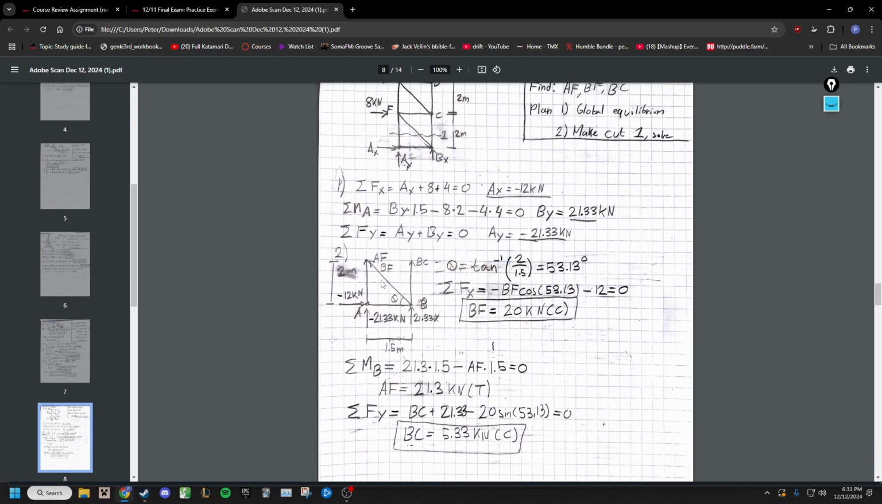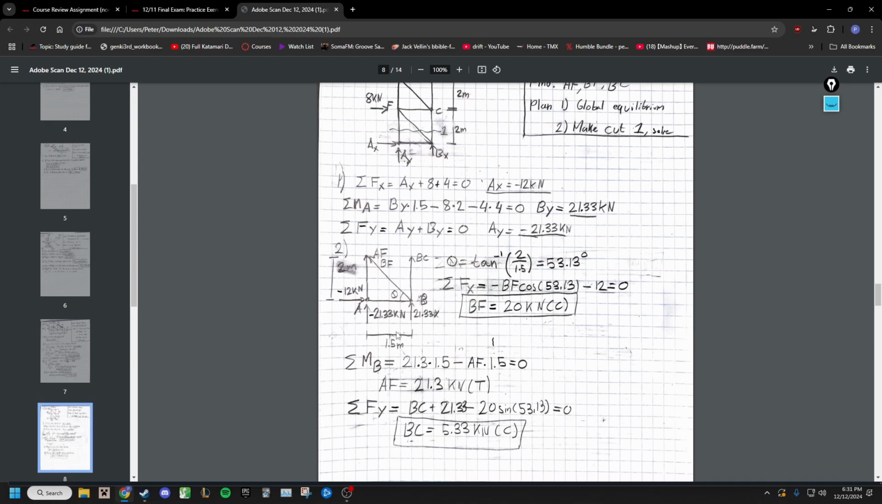We cut everything we want to find. We end up with a diagram like this. We first find the angle theta, which would be the inverse tangent of 2 over 1.5, and that's 53.13 degrees. We do the sum of the forces in the x direction, and we find that BF equals 20 kilonewtons in